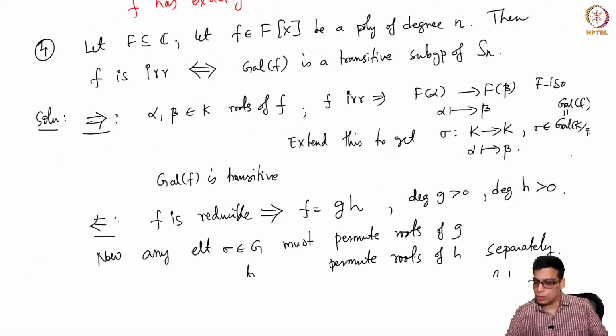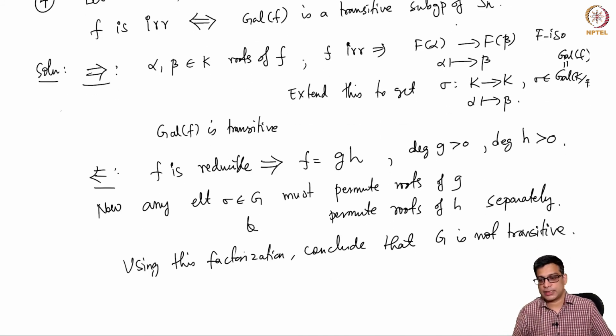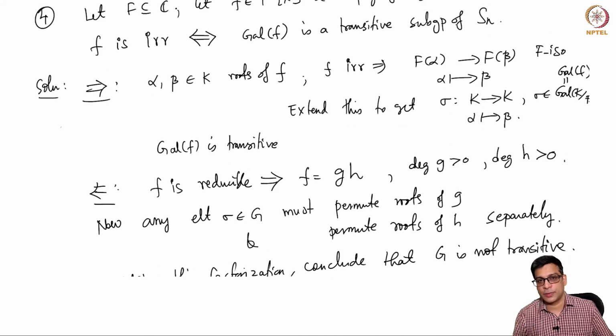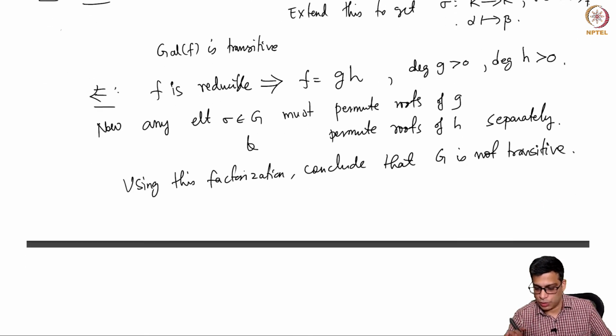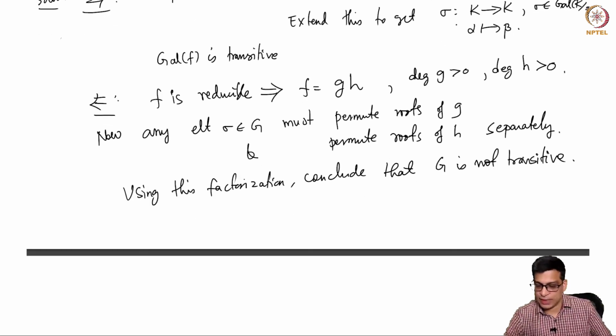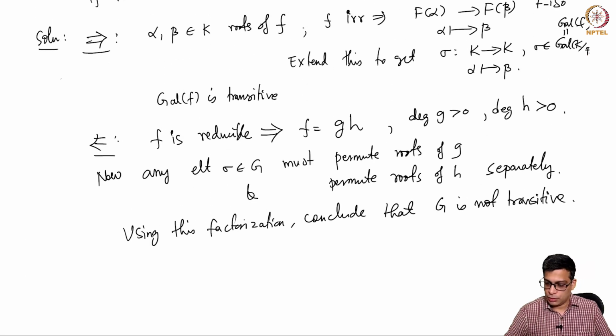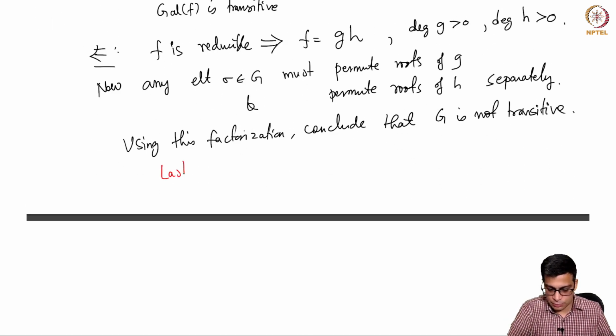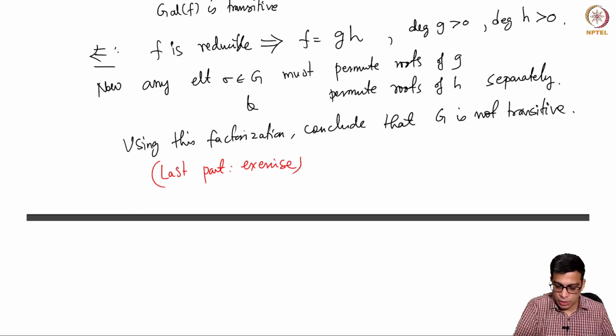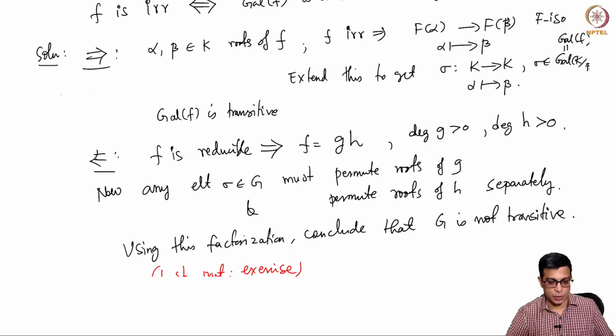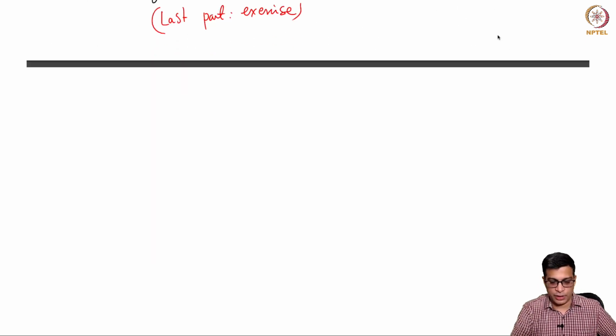Okay, so the point is it must be a transitive subgroup of Sn. N is important, where n is the degree. It can be a transitive subgroup of a smaller symmetric group Sn minus 1, and f can fail to be irreducible. But if it is a transitive subgroup of Sn, there must be a root of H that cannot be mapped to a root of G. Okay, so this last part is the exercise. Again, I am not doing everything possible, so that I am covering as many exercises as possible. So let's do just one more problem before we end this class.